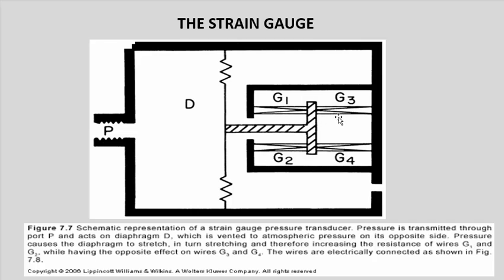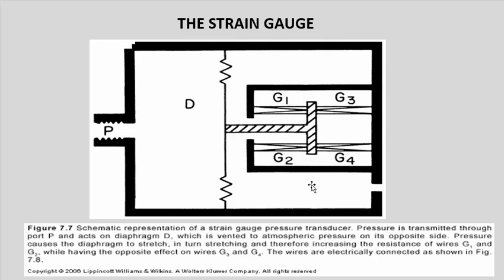As you shorten the length of the second wire, it offers less resistance to the circuit flowing through it. This is called a strain gauge, and it forms the basis for transducers. We'll take the trouble to read this. Pressure is transmitted through port P and acts on diaphragm D, which is vented to atmospheric pressure on its opposite